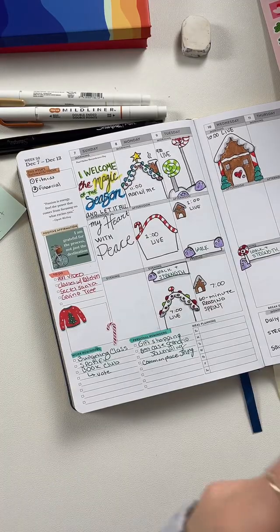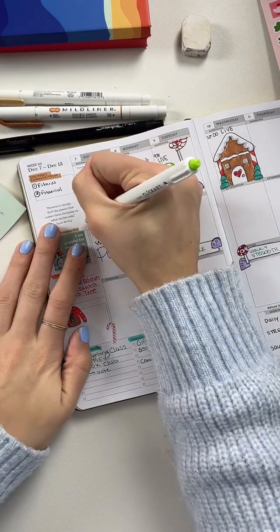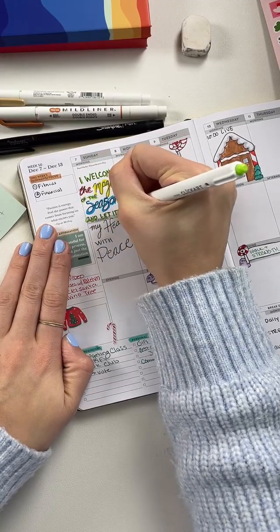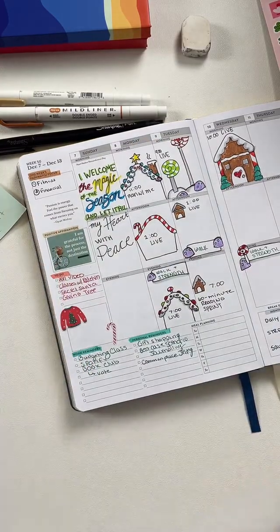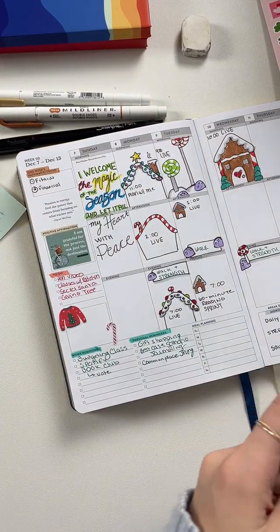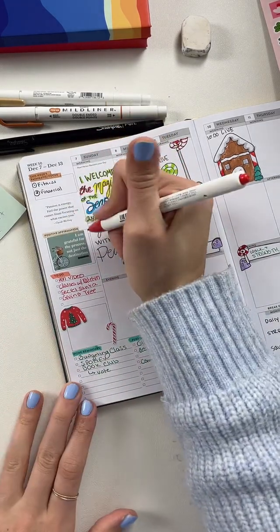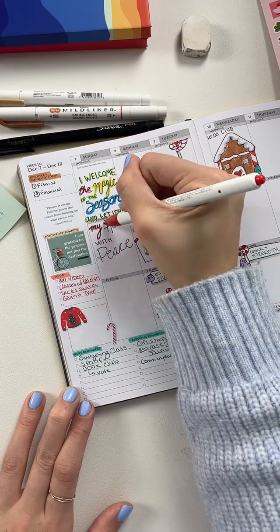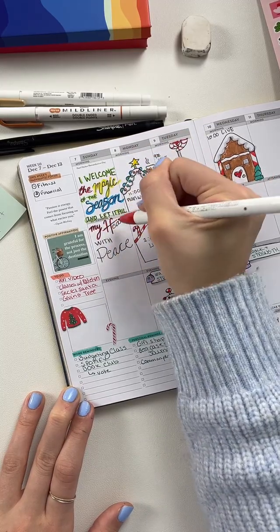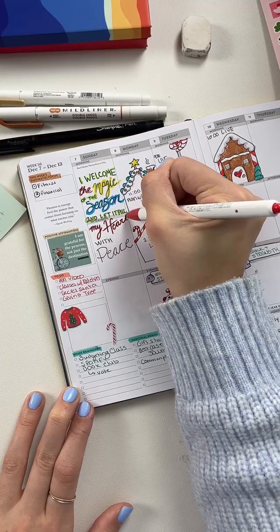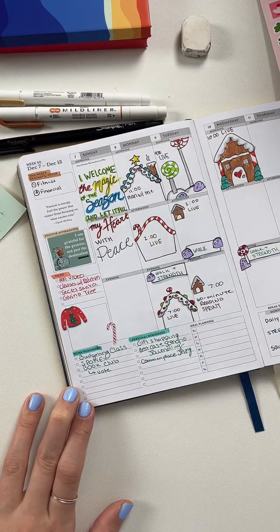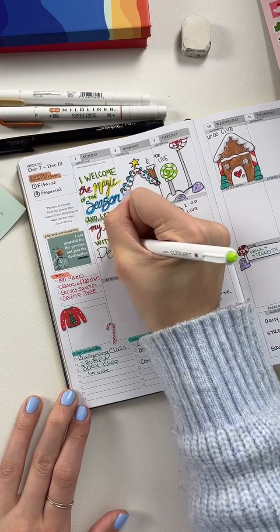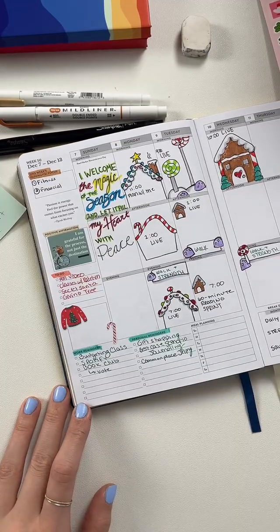And then I'm going to do a green. And let it fill. What color do I want to do this one? Probably red. That'll work. My heart. With, and then for peace, I think we should also make it the blue.